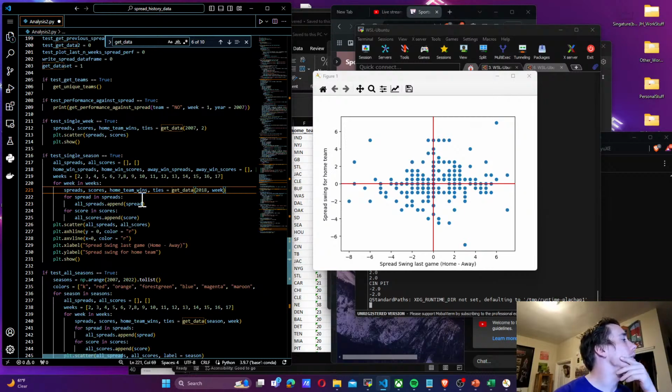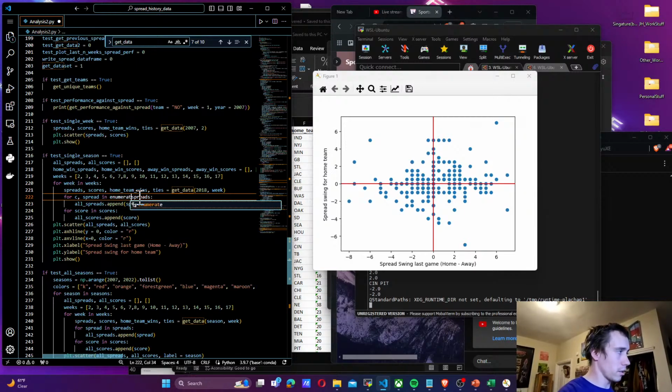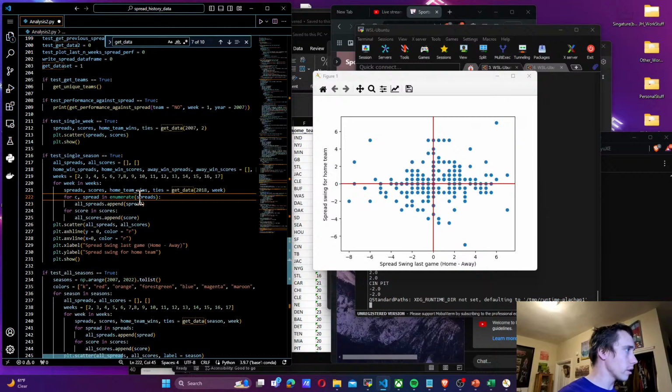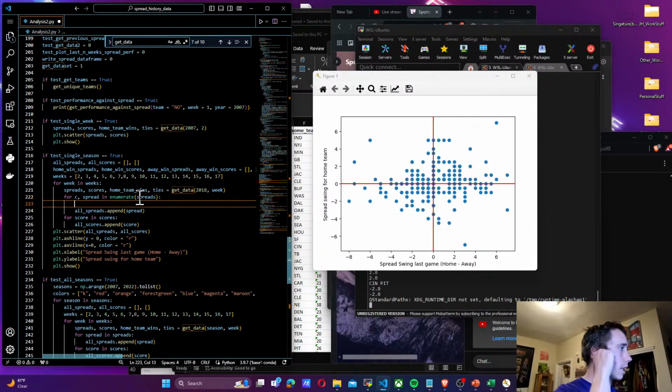Okay, so now we want to index. So for C, spread in enumerate spreads, we want to say if